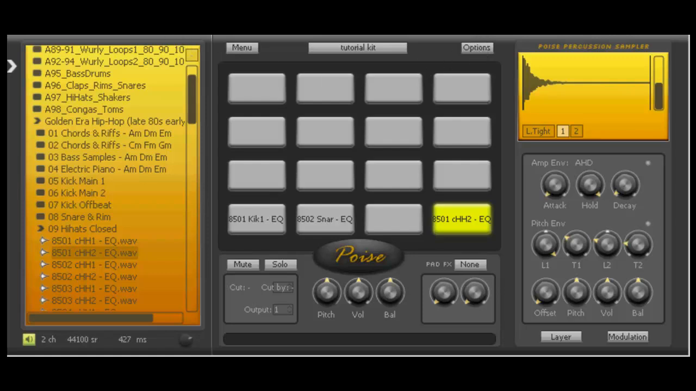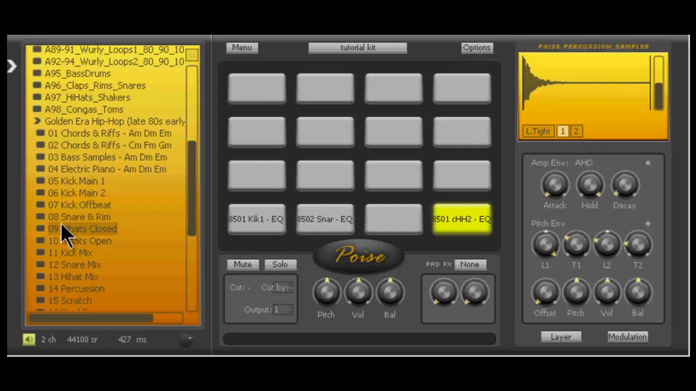All right. So that is the basics of building a drum kit in Poise. The second video I'm going to make is going to be how to do chops. Basically just building MPC style chops, funky hits, all that. So basically hang